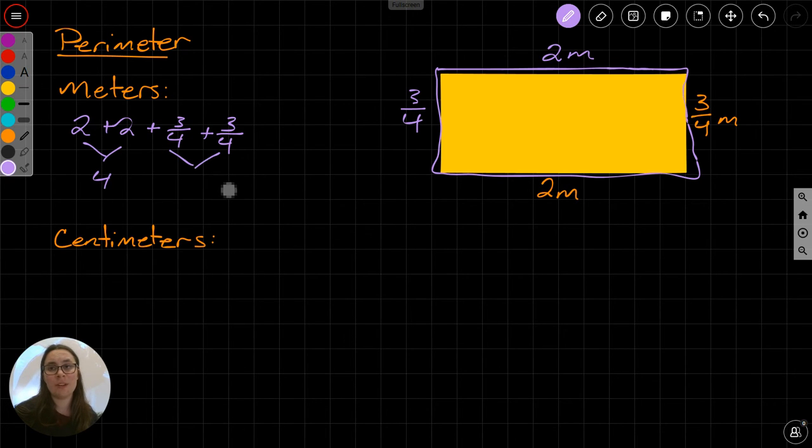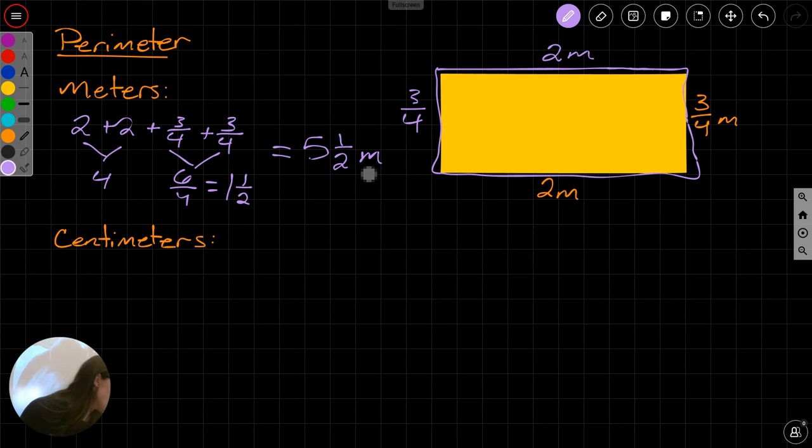And 3/4 and 3/4, that's 6/4, which equals 1 and 1/2. So I've got 4 plus 1 1/2, which is 5 and 1/2